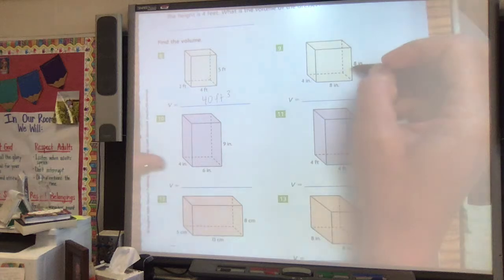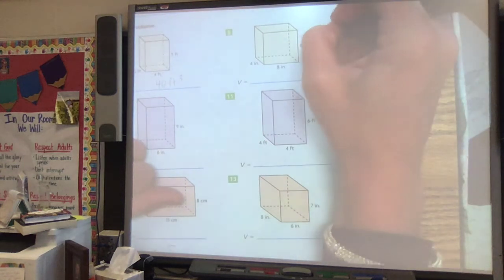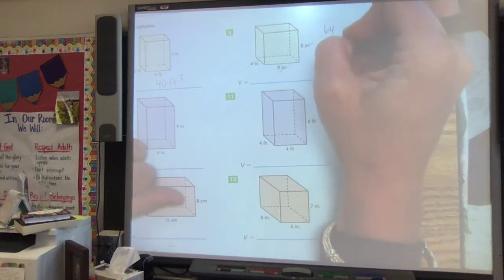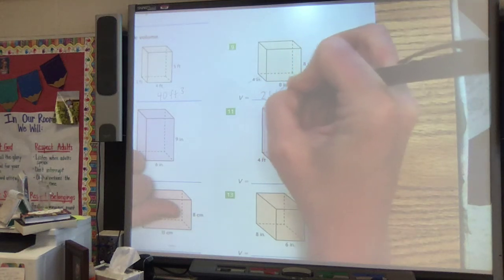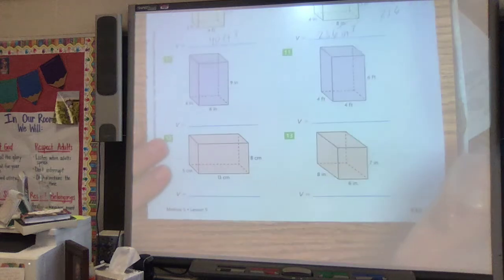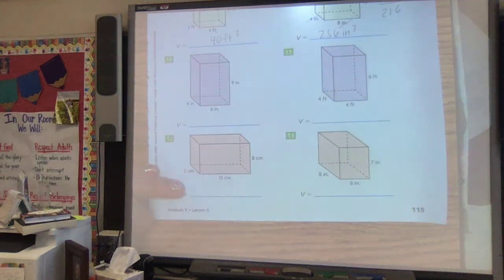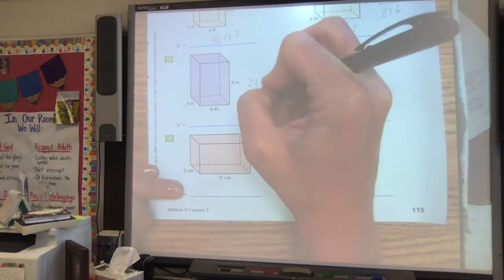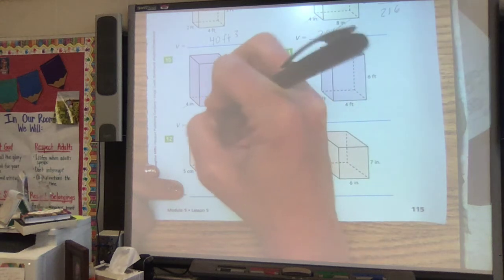Let's see. 8 times 8 is 64, and 64 times 4. 4 times 4 is 16. 6 times 4 is 24, 25 inches, cubic inches. All right,